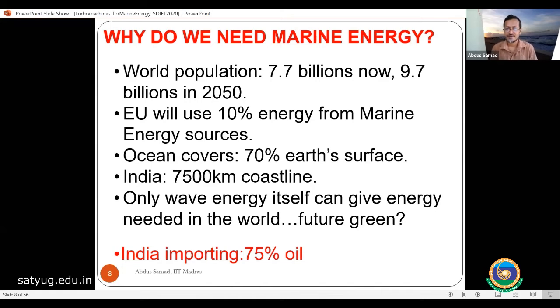India is importing 75% of its oil, and the maximum foreign currency we give to other countries, especially the Middle East, Saudi Arabia, and others, is to buy this oil. If we can reduce this oil dependency, or produce our own oil, or avoid oil consumption, then it will be good for India. Our development will be much faster actually. But presently the options are very limited. We have to import oil because renewable energy is still expensive. Maybe solar, wind, or any other form, it is still expensive.